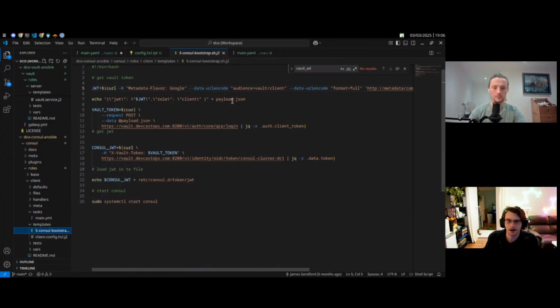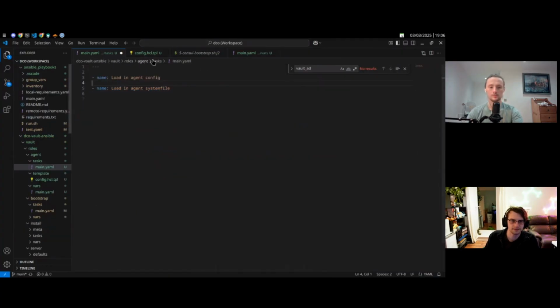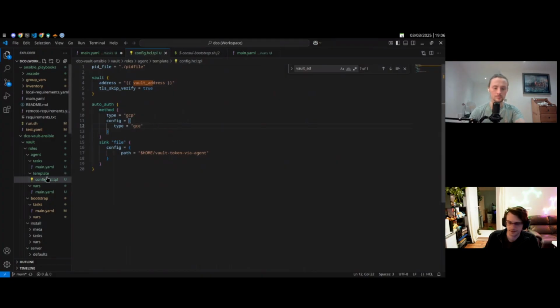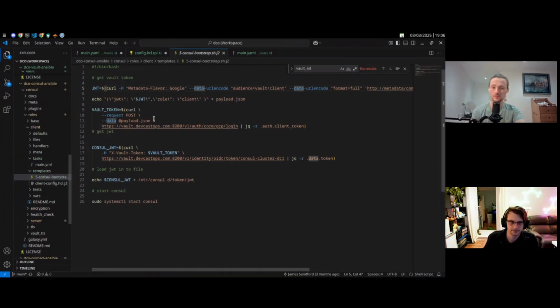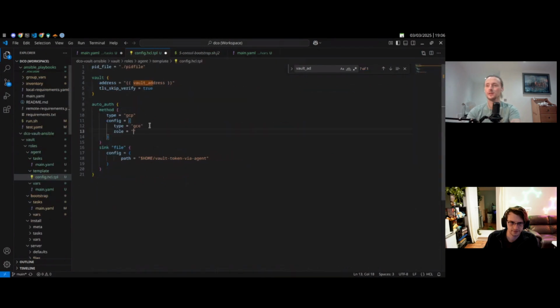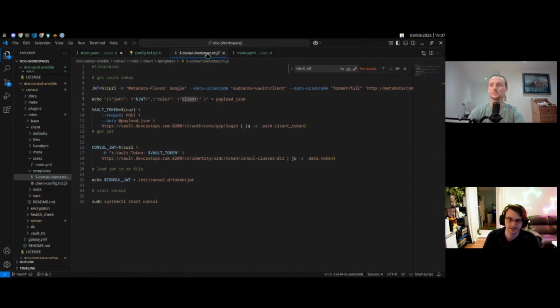Doesn't even say. Oh yeah, I'm pretty sure we GC. Yeah, oh yeah, because we're using the metadata one. Yeah, must be GCE, and then I need role equals client. Maybe be intrigued to see if that has the right permissions for what we want. I guess we can always modify it. Yeah, I think it just has enough permissions to authenticate itself, and well, I suppose it has enough permissions to